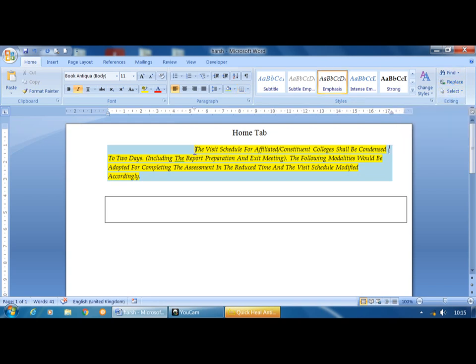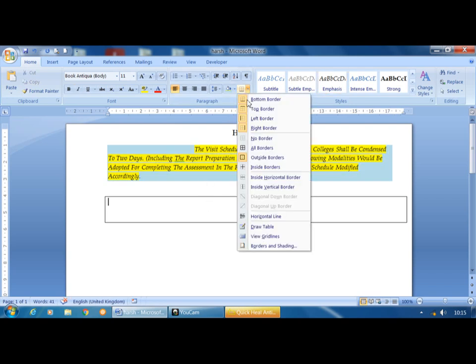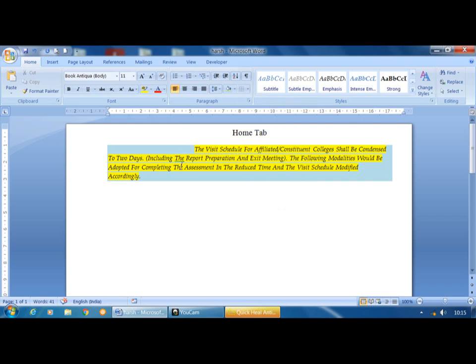So if I want to select the word exit, if my text consists of it, I will remove this one also, select this one and click on no border option. So I will select the text highlight color as no color.